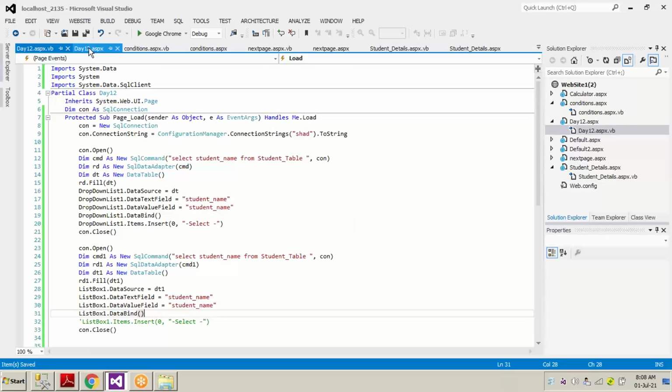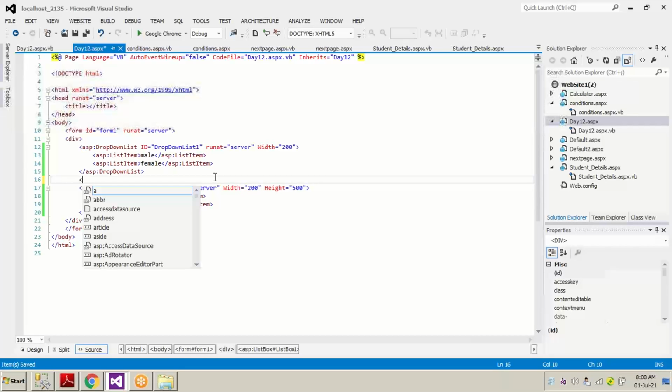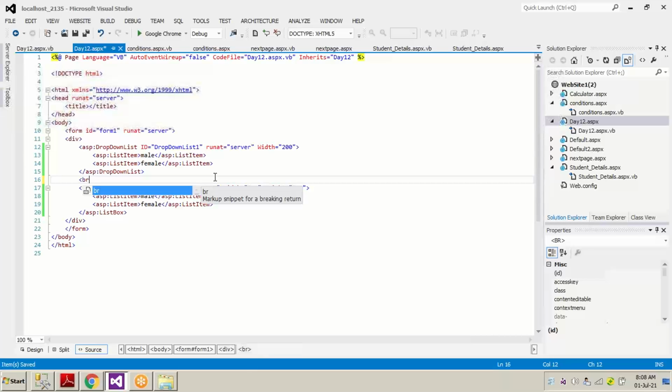So what we do, we will just add an HTML tag which says break line, BR. I think BR stands for break line. I have forgotten, but let me put this particular HTML tag right here.